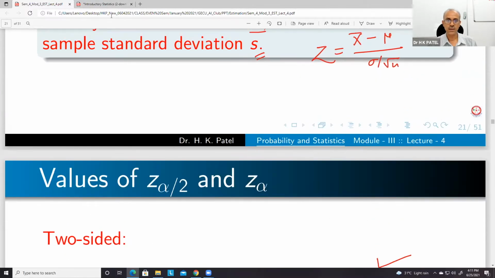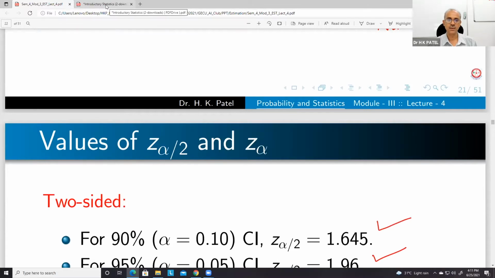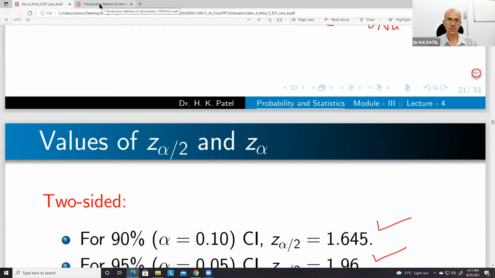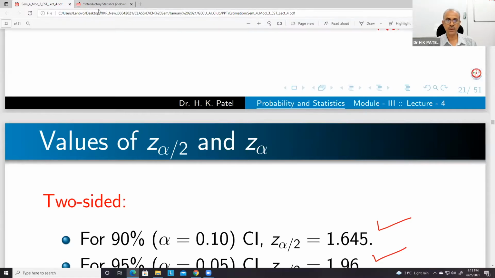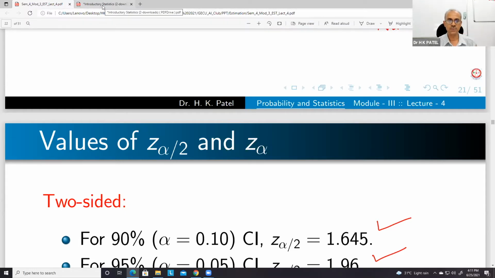So let us see, because some confusions are there regarding the p-values and critical values. Quickly I am explaining, though the details we will see when we study hypothesis test. But meantime, let us briefly understand these three concepts: critical value, confidence interval, and p-values. Confidence interval, so far we have seen.